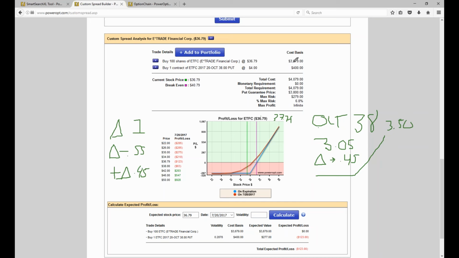If I open this position on Monday at 10 a.m. and by the close, the stock's trading, let's say, at 37.20, okay, so it moved up 50 cents, my put's going to lose about 30 cents. So I still have a positive gain on the position of 20 cents, okay? Because this money that I paid for the put didn't disappear. I'm still in a positive delta position, and I'll still gain money to the upside just as you would on a long call.